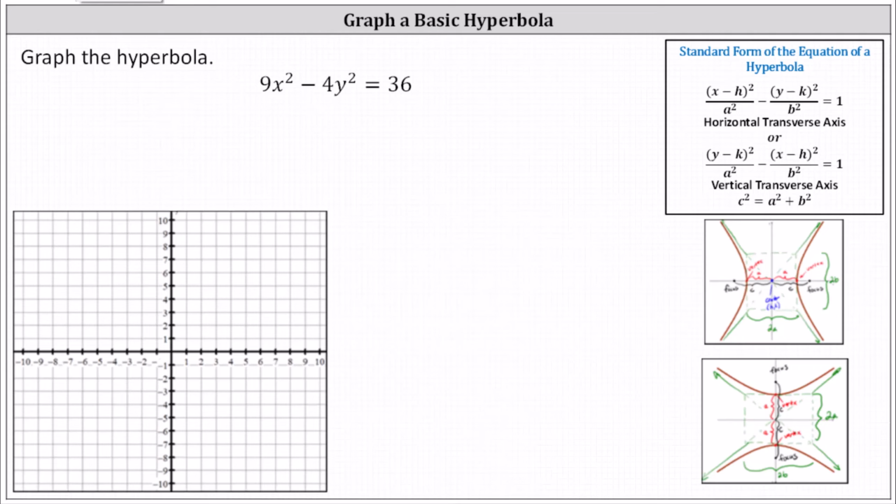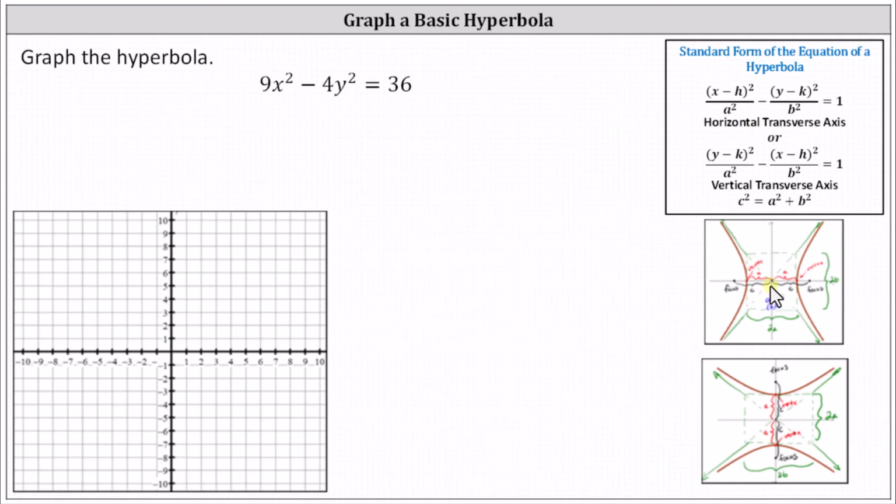We're asked to graph the hyperbola given 9x squared minus 4y squared equals 36. We'll begin by writing the equation in standard form. Because we have the x squared part minus the y squared part, we'll be writing the equation in this first form, where again we have the square of the x part minus the square of the y part equals 1. This indicates we will have a horizontal transverse axis, and therefore the hyperbola will open to the left and right